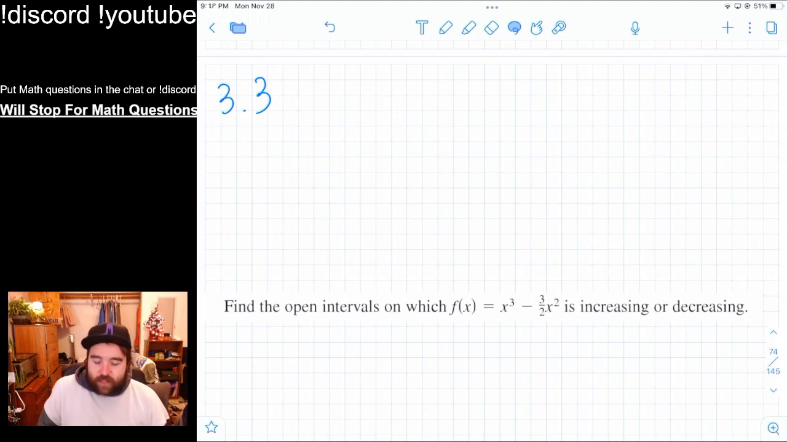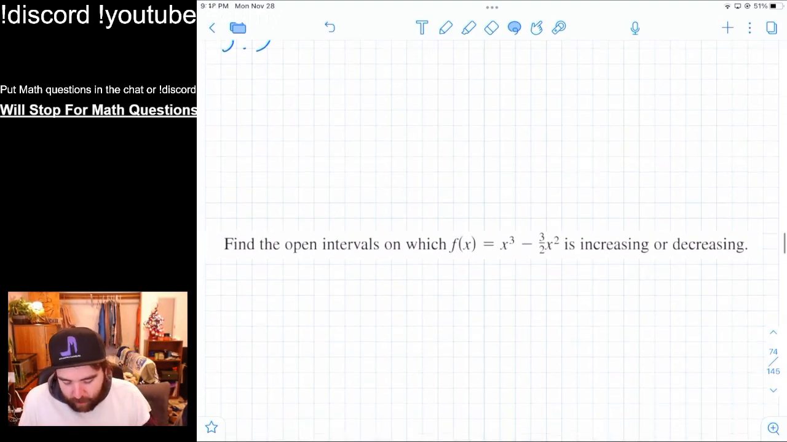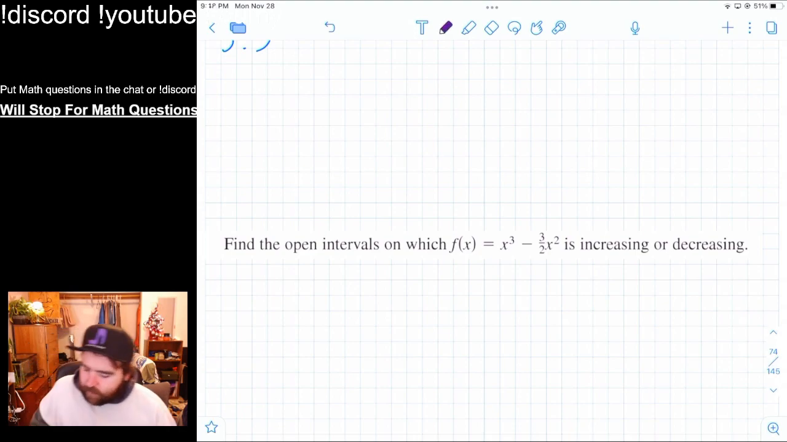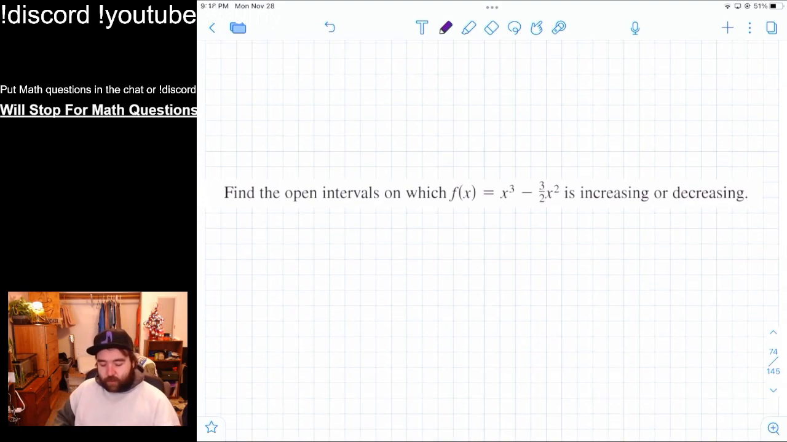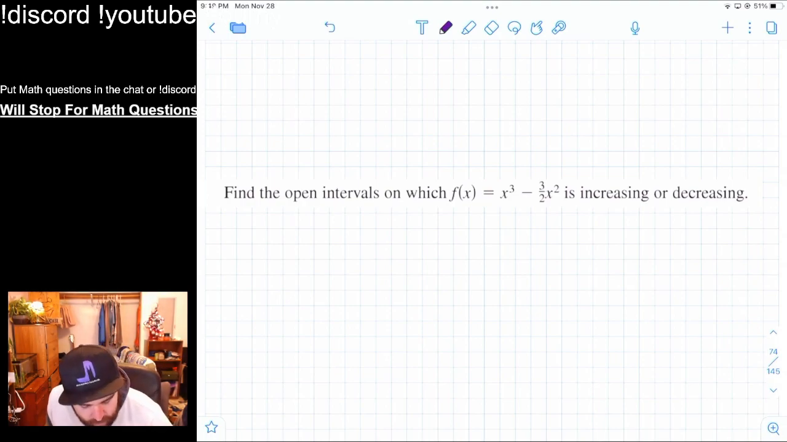So this is chapter 3, section 3 of calc. And we're just trying to apply the derivative. It's really more of the same stuff, I feel like, what we've always done. Just using the derivative and thinking about different ways you can use the derivative. So here, find the open intervals on which f of x equals x cubed minus 3 over 2 x squared is